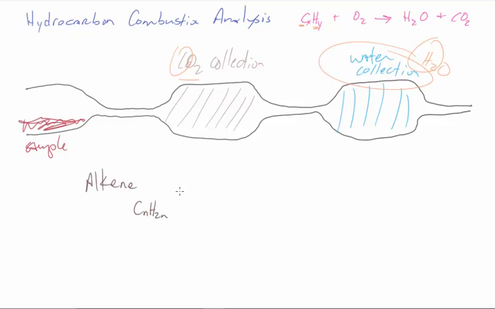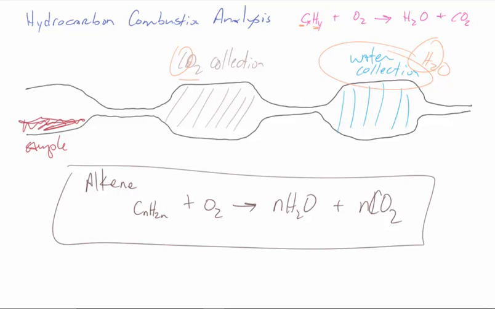CnH2n, and its combustion is really unique in that the n's actually can give us molar amounts of the water and the carbon dioxide. So something that you probably want to store away. You could figure this out, but if you remember this trick, it's going to save you some time later on, and we'll look at some different types of problems that involve these alkenes, and you'll see what I